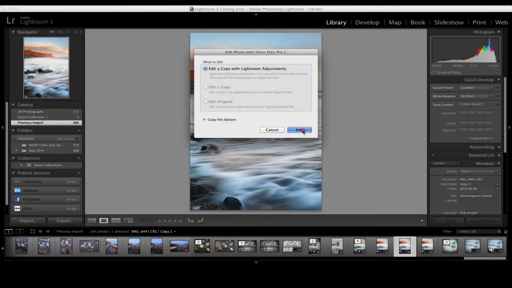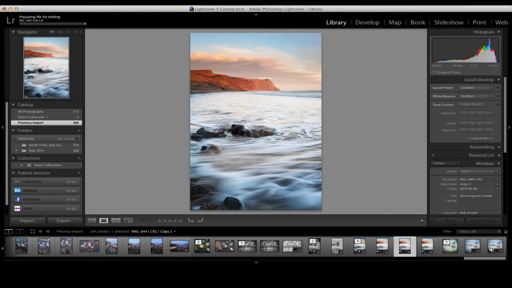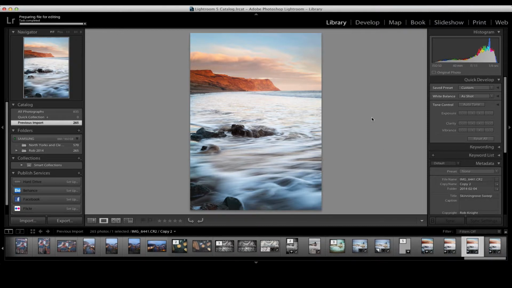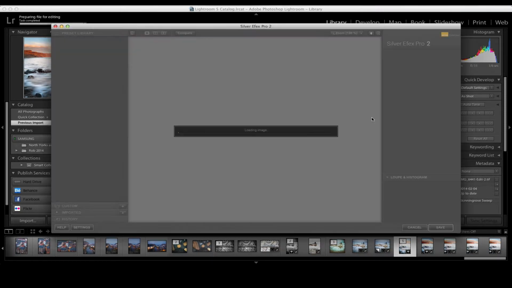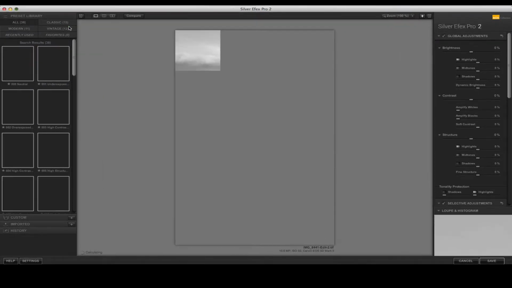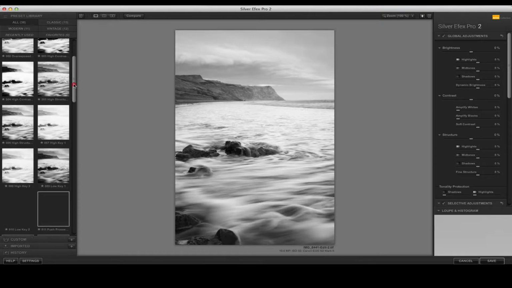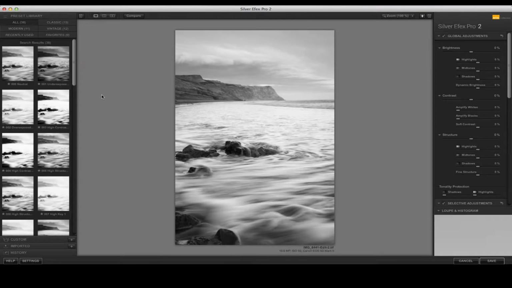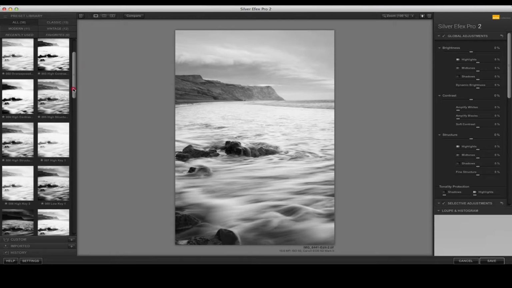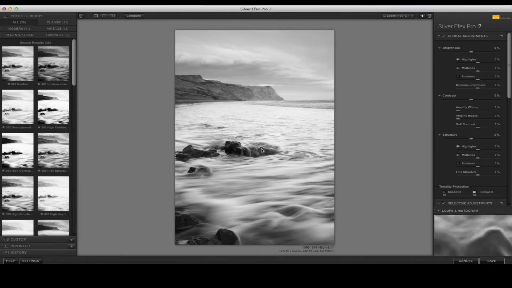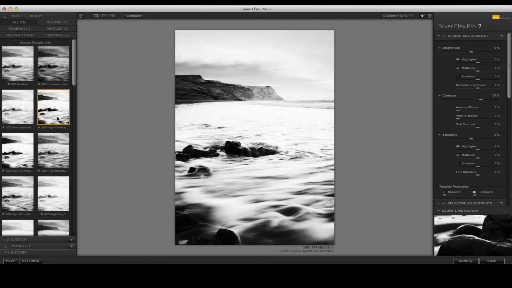We're going to flick our image over to a black and white one. Again, Lightroom and Silver Efex will now do their jiggery pokery and work together. And there we go. With a quick click of a mouse, we've taken an image over to a basic black and white process. For me, that one doesn't feel very powerful or impactful, so I might initially want to look down my